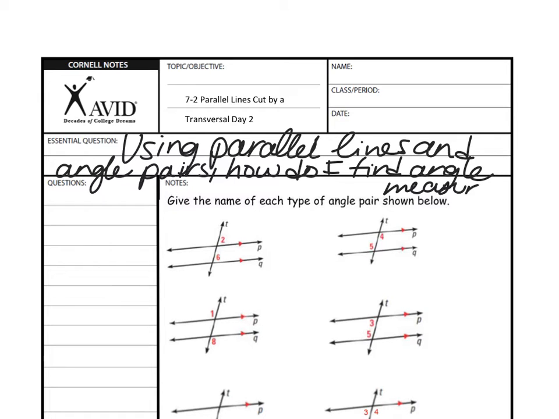Measures being the number of degrees. We're not going to get out a protractor and actually measure it. So using what you know about parallel lines and angle pairs, how could you figure out the